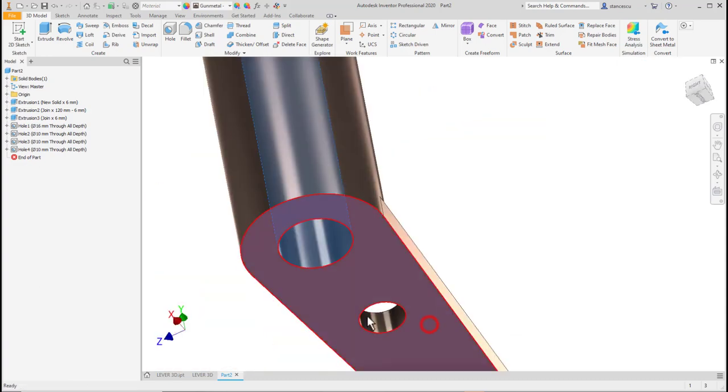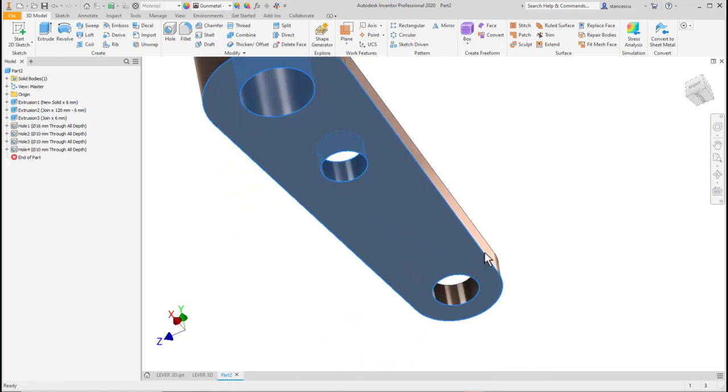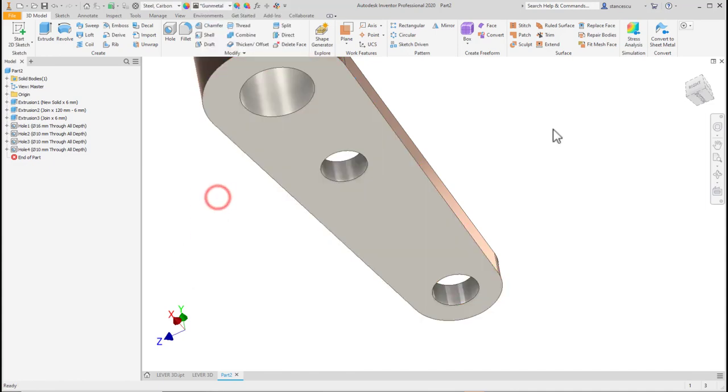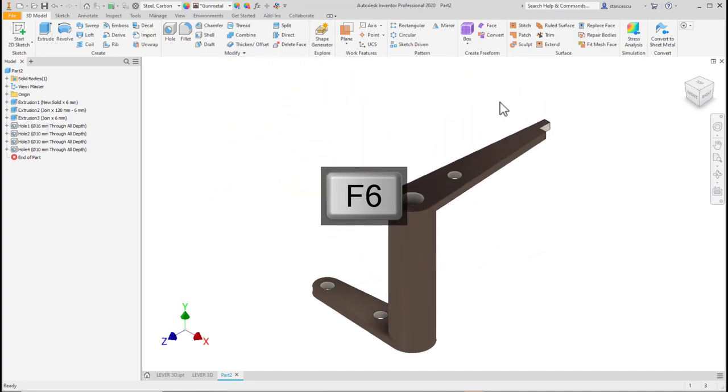Also this, I keep the shift key pressed during the selection and apply titanium polished. Okay,